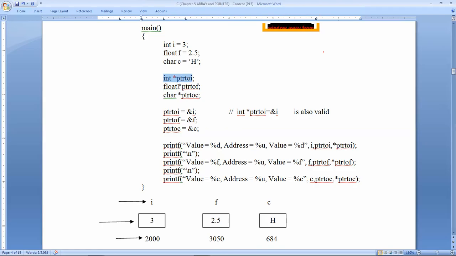Similarly, float *ptr2f. Here ptr2f contains the address of another variable, and that variable is of type float. So float *ptr2f indicates that ptr2f contains the address of a floating point type variable. Okay,